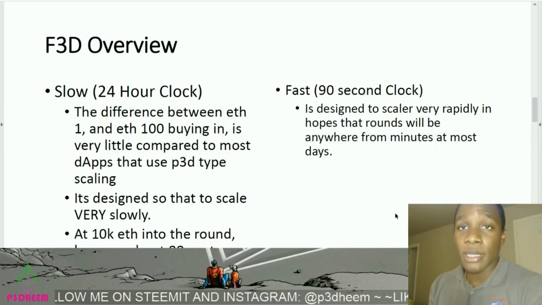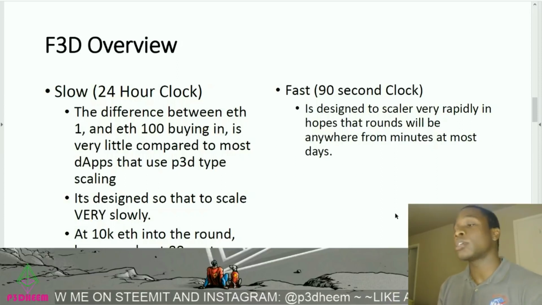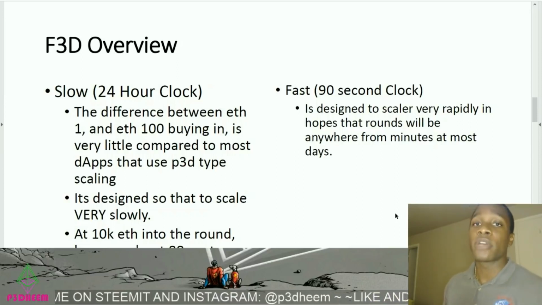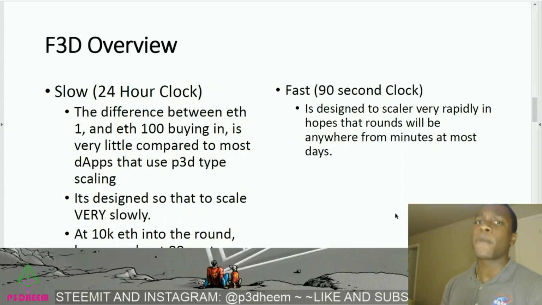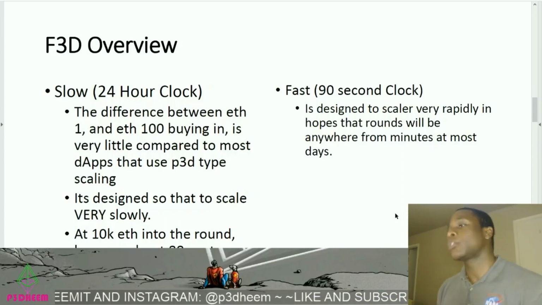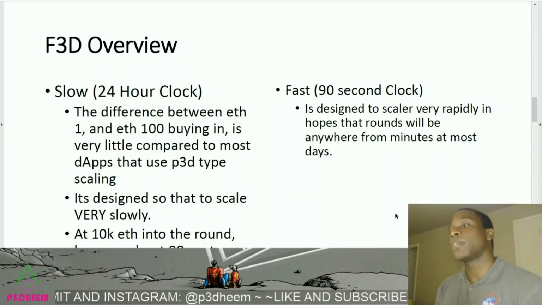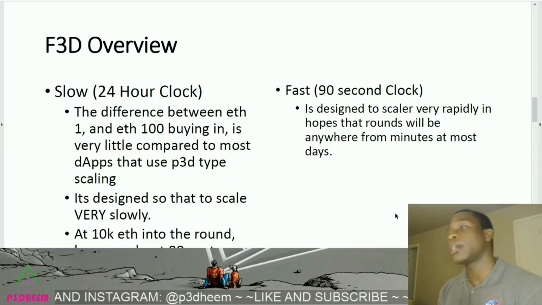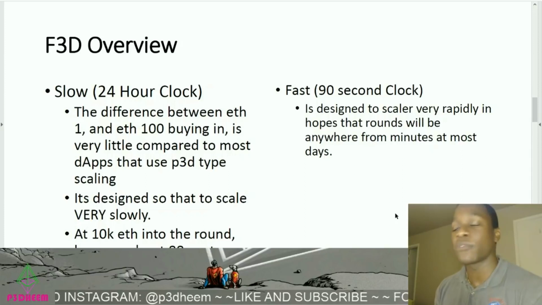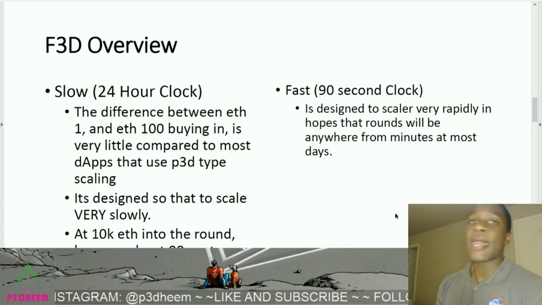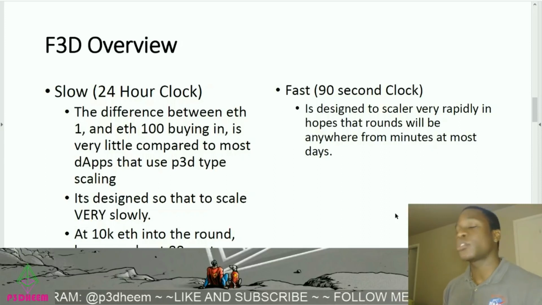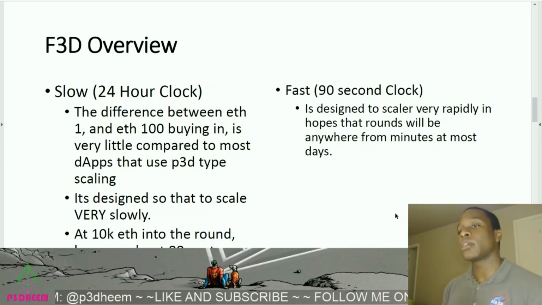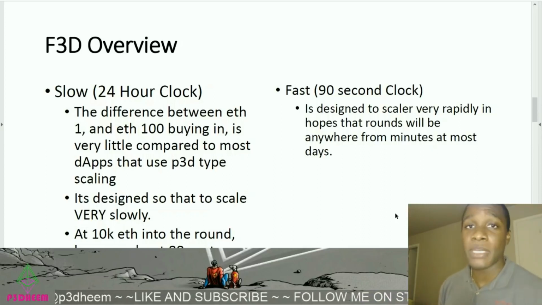Now, because they appreciate so slowly, we assume that this will go on for a very long period of time. And I think their goal is to have both the slow and the fast occurring simultaneously, so that you can play multiple rounds of the fast F3D version while the slow F3D version is going on. And if that is a possibility, then we are increasing the dividends twofold to both the F3D platforms as well as the P3D holders.